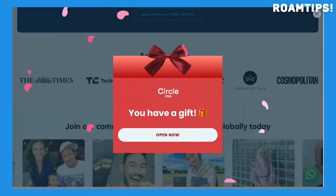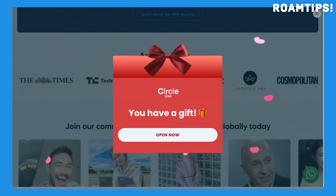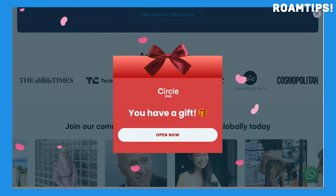This kit is ideal for anyone seeking a holistic view of their genetics to improve their health, boost fitness, or simply understand their biology. If you're ready for data-driven decisions and a healthier life, CircleDNA offers an